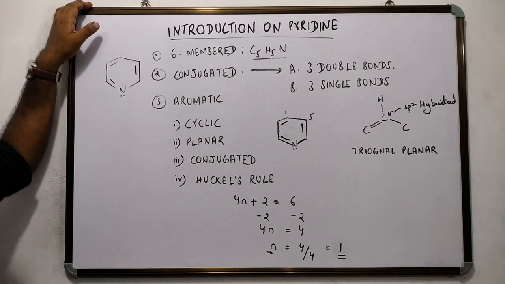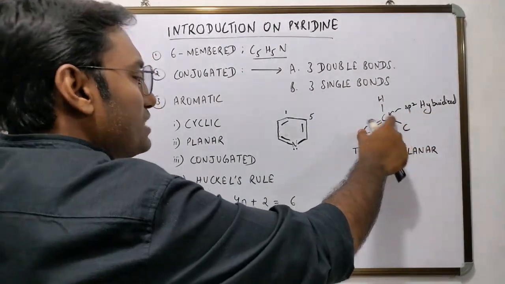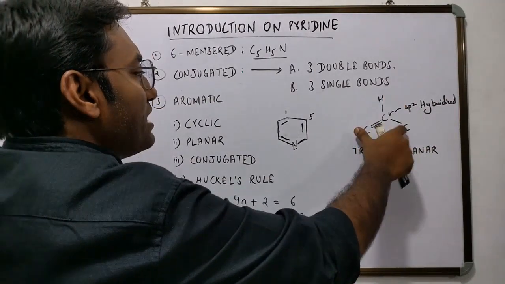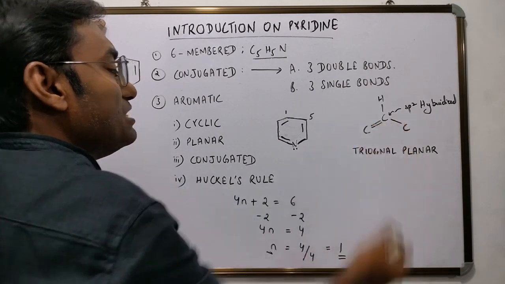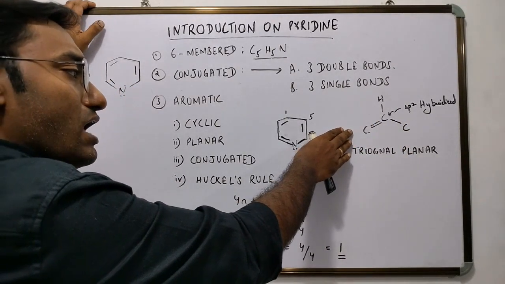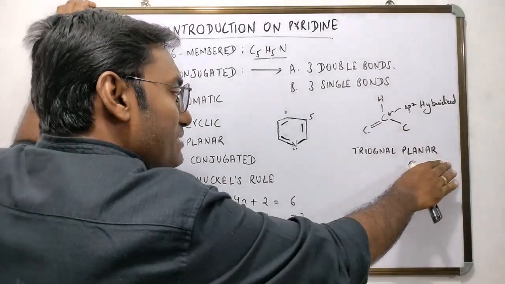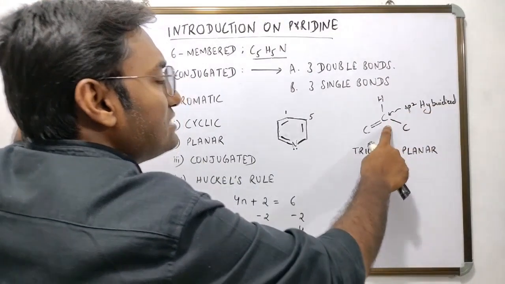Now, after a carbon atom undergoes sp2 hybridization, the groups that are attached to the carbon atom assume the farthest positions available in space, and that would lead to a trigonal planar geometry around the central sp2 hybridized carbon